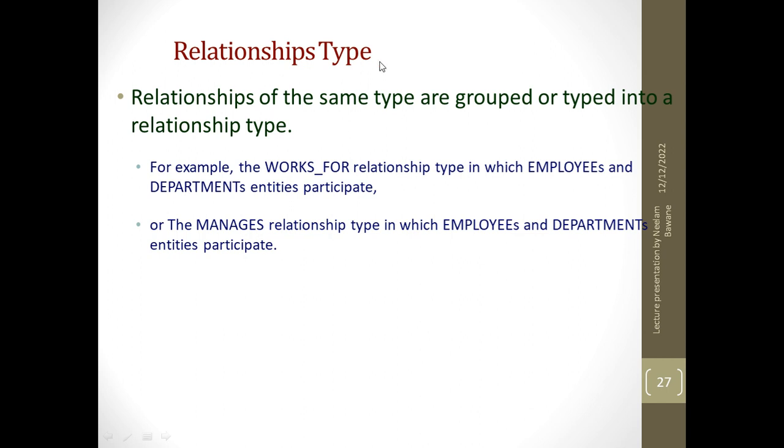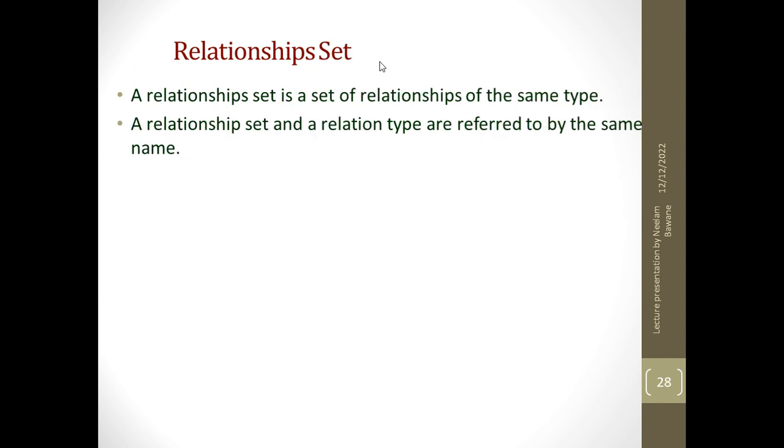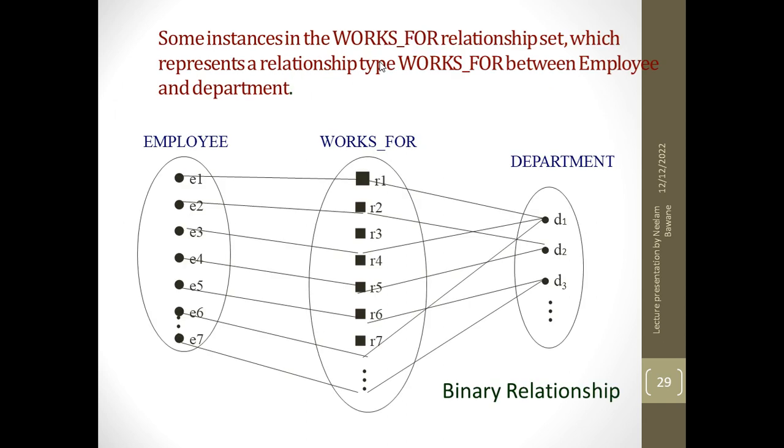Relationship type is nothing but relationships of the same type, they are grouped together to become the relationship type. Relationship set is the set of relationships of the same type. Again, they are referred to by the same name. Now let us understand this